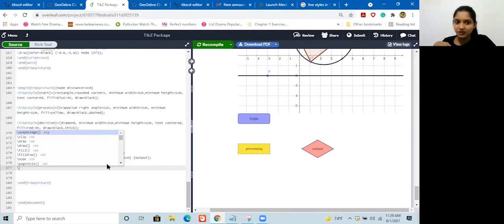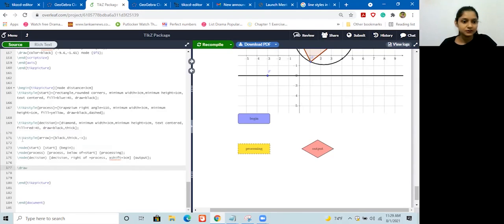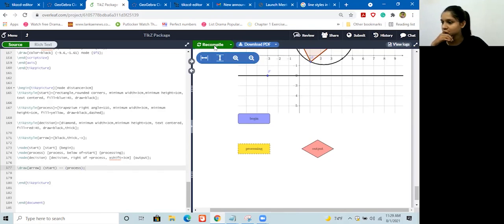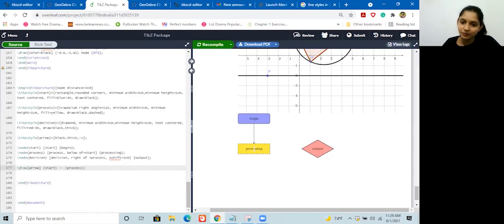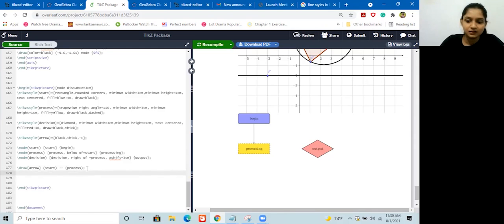Now drawing arrows has to be done by using the draw command. So what we are referring to is arrow, and that needs to be done from begin to processing, but the name of begin is start, so start to process. Now you can see a perfect arrow in this direction. Let's also create an arrow from this to this place. Again, it is the same. Draw arrow, and here it will be